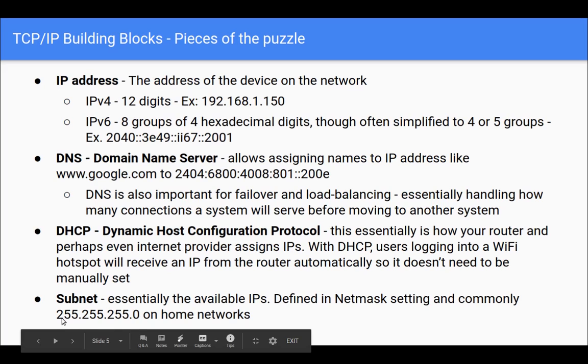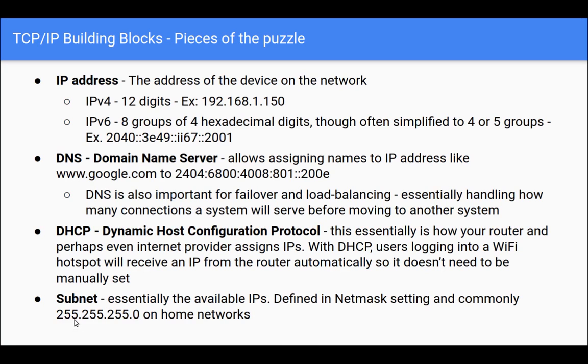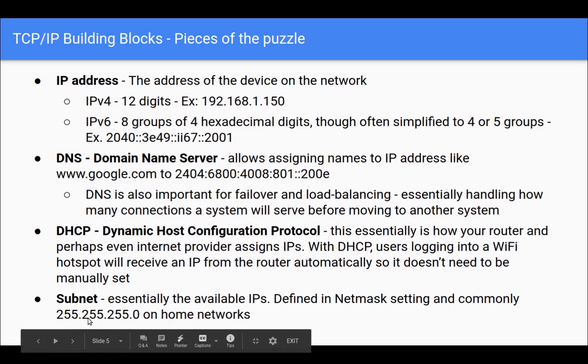So when you look at an IP address, in IP version 4, you have these 4 sets of 3 digits. The maximum value that any one of these sets can be is 254. When we set a net mask to something like 255.255.255.0, what that essentially does is say, in this subnet,